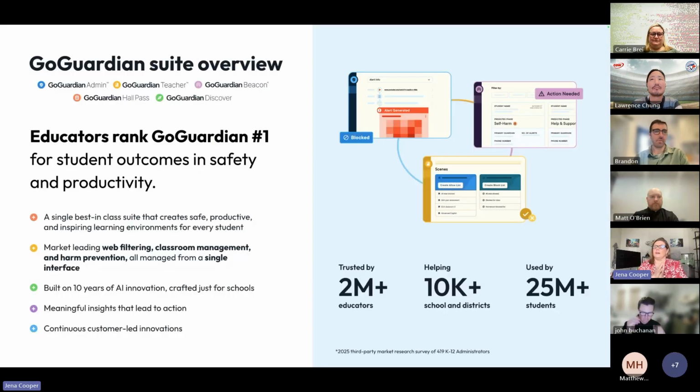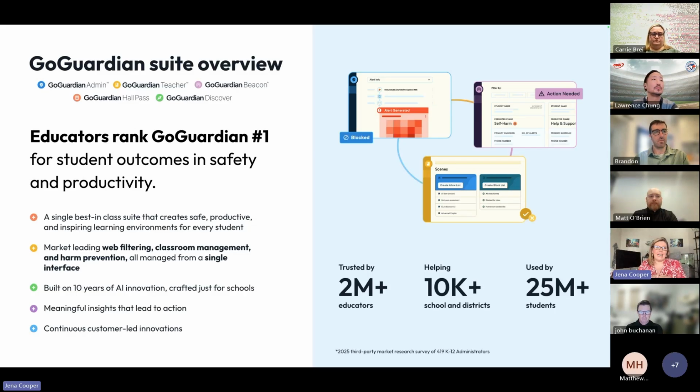Today, we're going to focus on the GoGuardian side of the house. John showed you 10 products that our company has that we can support districts with. We have our safety and security side, which is GoGuardian Admin, Teacher, Beacon, Hall Pass, and Discover. And we're going to touch on all of those today. But remember that we also have our curriculum and instruction side of the house to help support districts. And what they're finding is that by putting things under one roof, it helps to align that budget, and there are better together features where we have things in Teacher that collaborate with Pear Deck and things like that. So we want to make sure that you understand that.